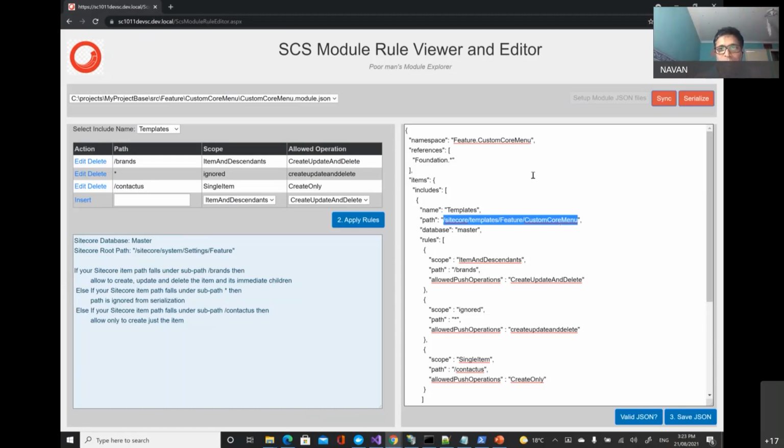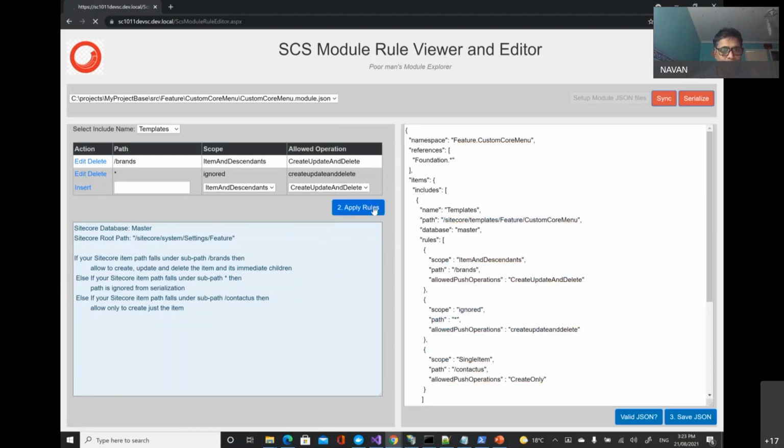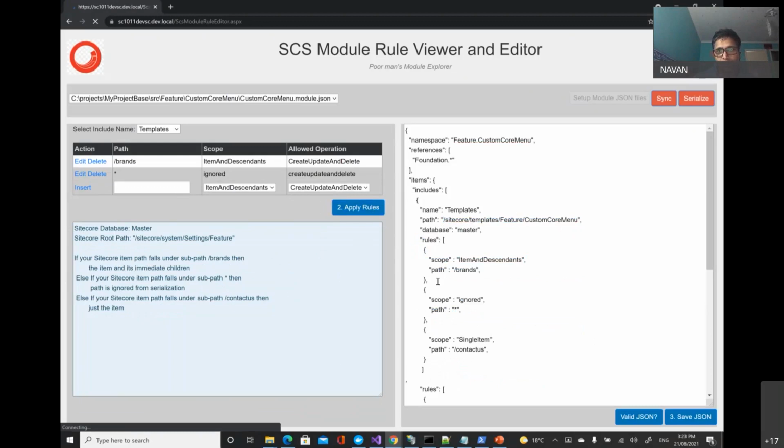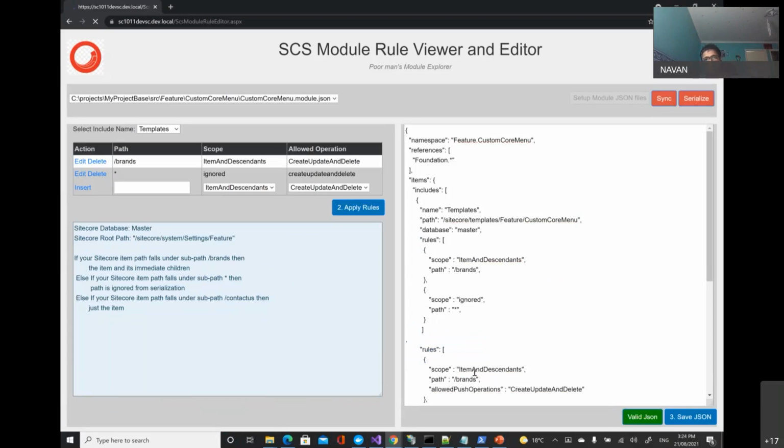Anyway, to showcase that it applies the rules, that's why we have these. You see, it applies this. I could have deleted this and then applied the rule, so that gets applied. Only contractors is still there. Okay, cool. If you want, you can remove this with the comma, or if you leave out the comma, it should throw a syntax error. Okay, the JSON is fine.